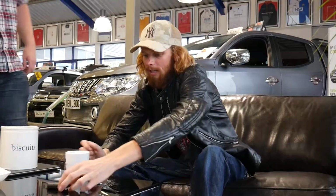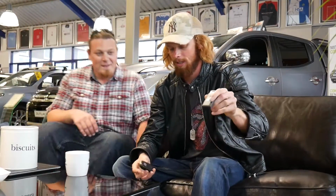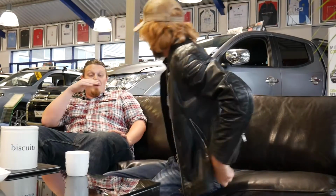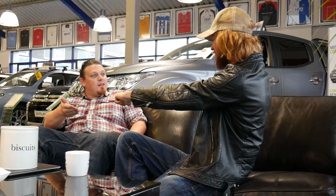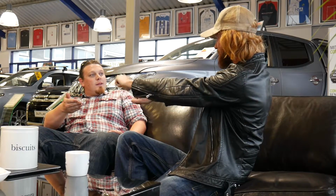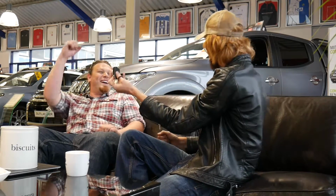Forester's out. That leaves us with the Mitsubishi and the MG, and I think the best way to decide this. What, we're choosing a winner based on this pick? I want it to be the MG. Do you really? I'll give you a clue, it's this one if you want the MG. Hey, the MG